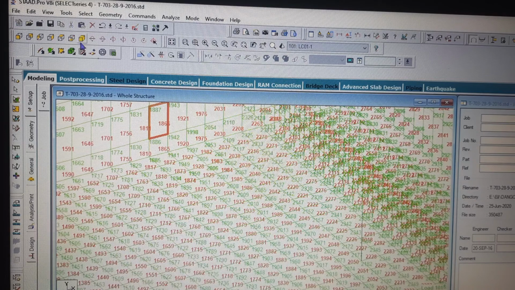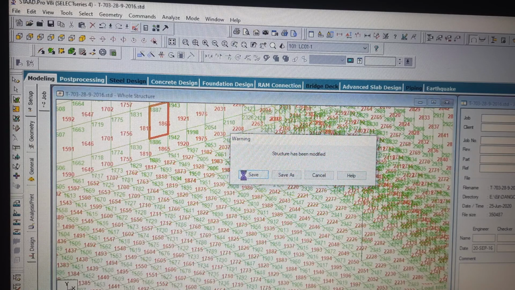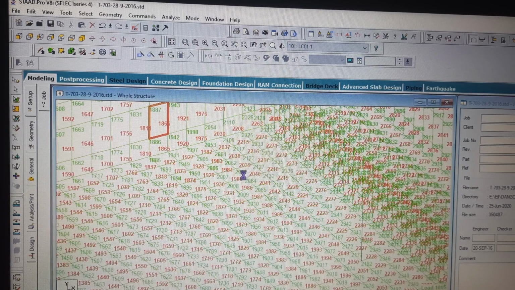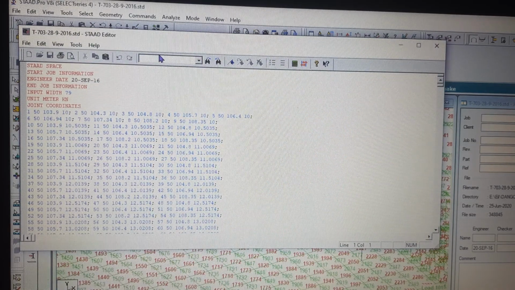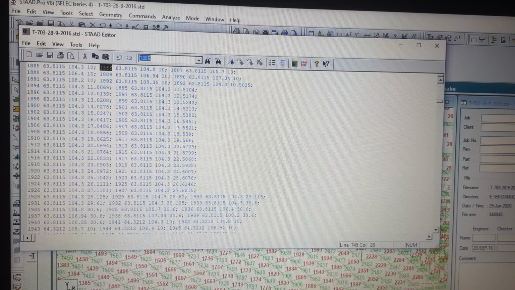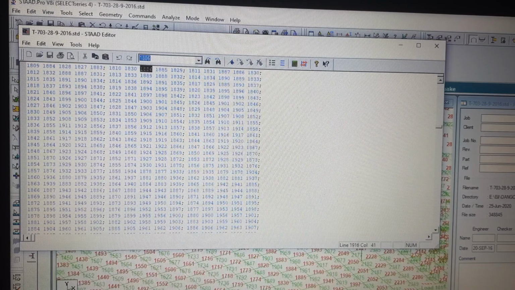Suppose it is 1866, right? This is a plate element number. Say I am going to the STAAD editor and modeling a duplicate plate with the help of the STAAD editor.